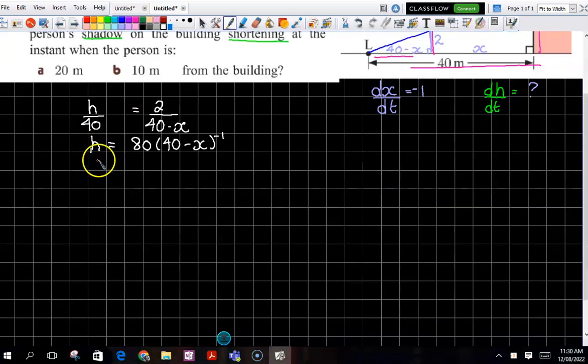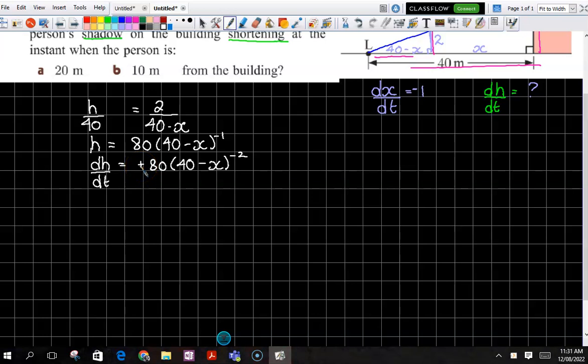So H, that's just dH by dt. Then we've got minus 80 times 40 minus X to the minus 2, but then we have to multiply by the derivative of what's inside. So I'm going to be a bit sneaky and change that to a plus. What have I forgotten? We've differentiated with respect to X, with respect to time, so you have to whack on that dx by dt. And if you forgot, what reminds you? The fact that you've got